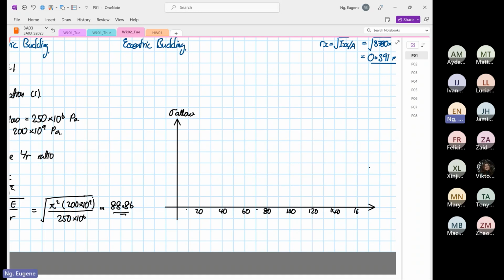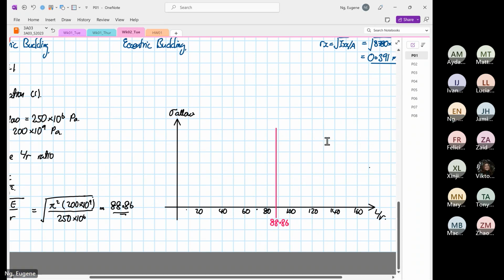140, 160. This is L over R. Okay, and we have determined 88.86. So I'm going to sketch out our 88.86 line. This is where we have our 88.86. So this is just eyeballing. Okay, so this is the line, and this line represents